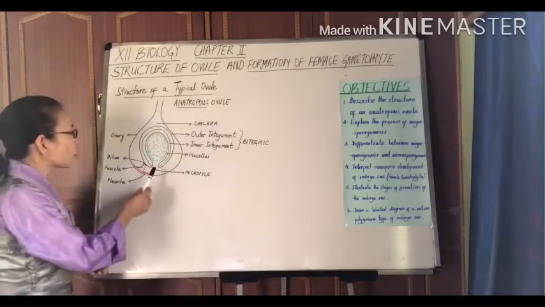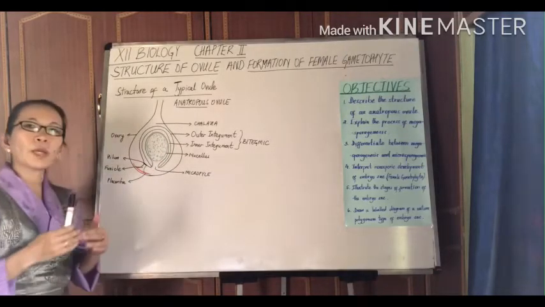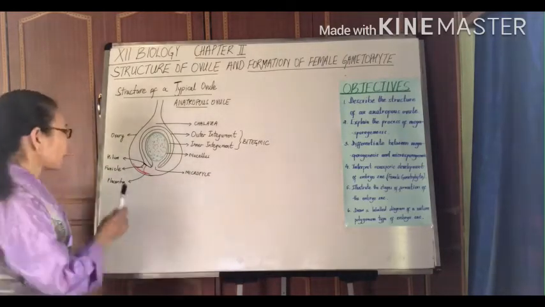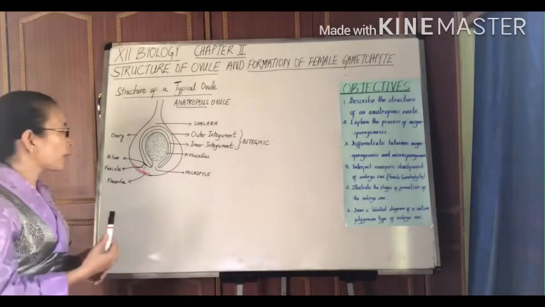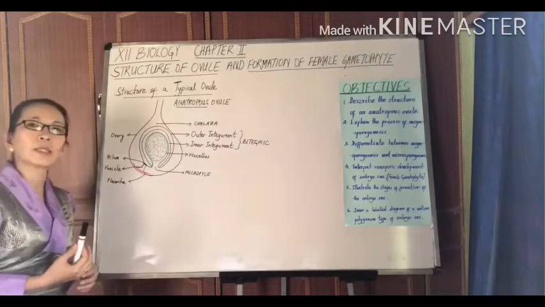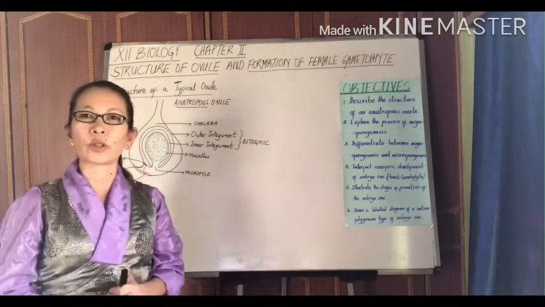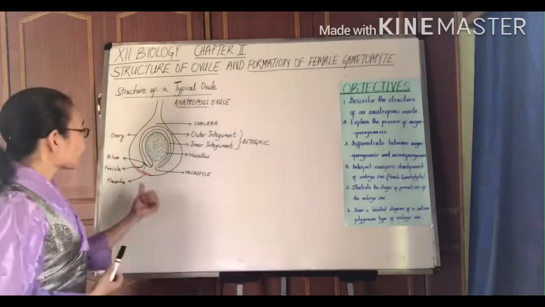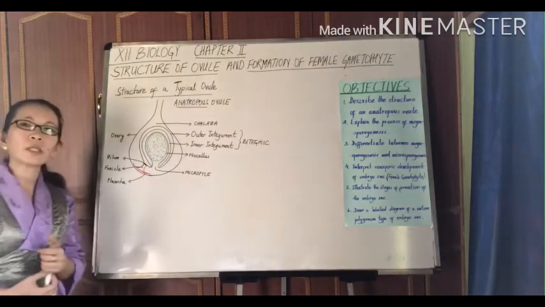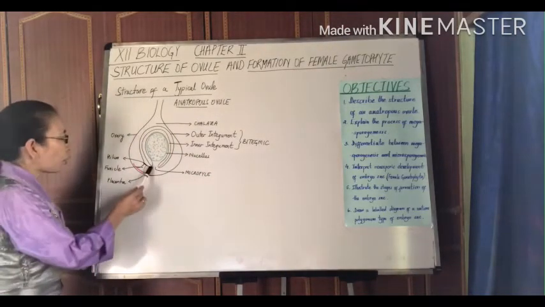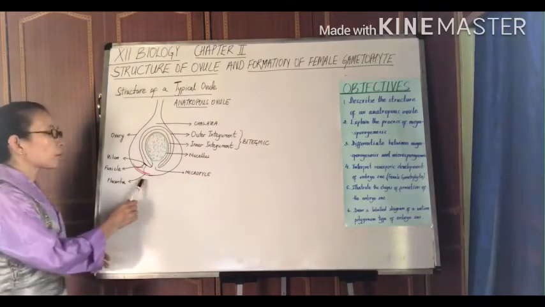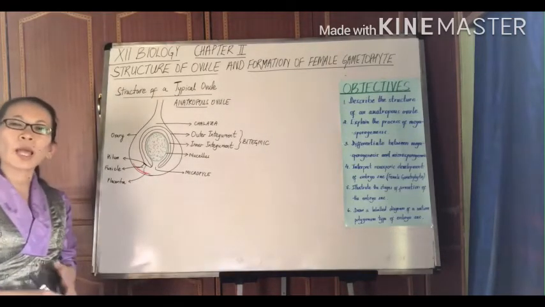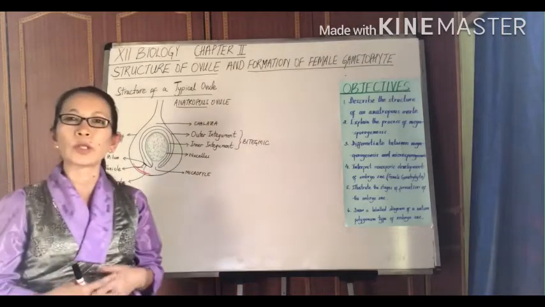And the ovule forms a connection to the ovarian cavity, that is to say, it connects to the placenta. And the way in which the ovules connect to the placenta forms different kinds of placentation. If we look at this figure, we see that the ovule gets connected to the base of the ovary, and hence this is an example of basal placentation. Likewise, we have different kinds of placentation in different